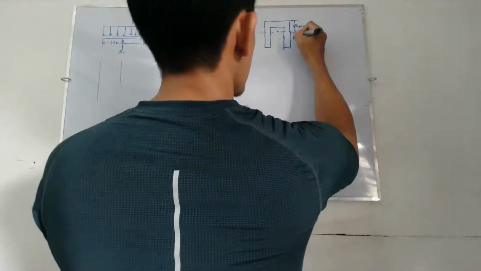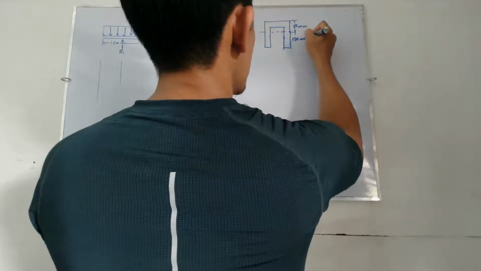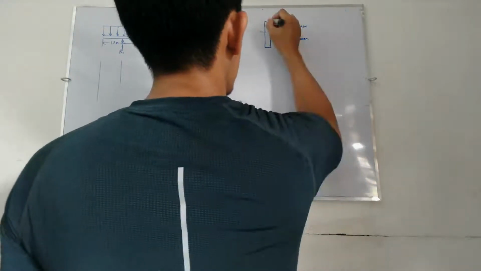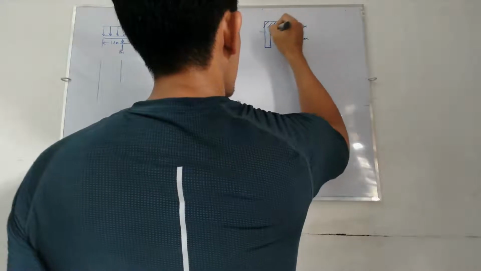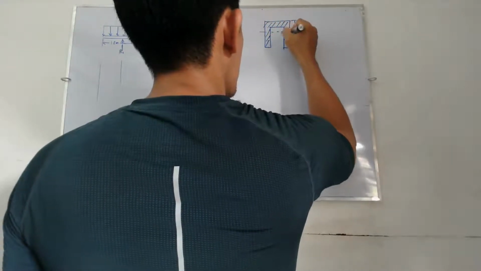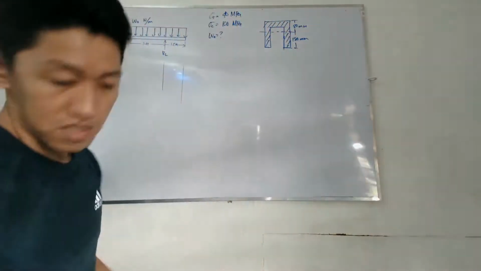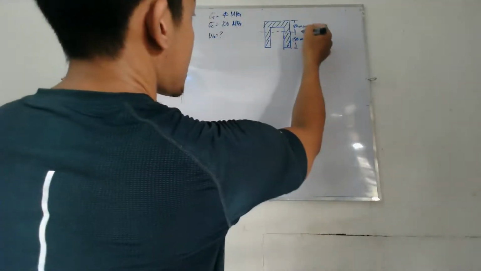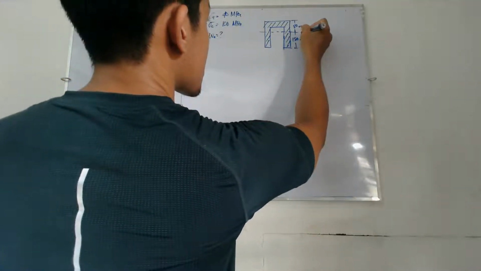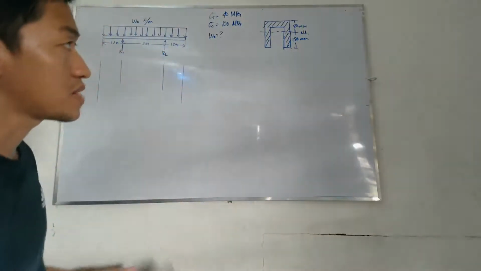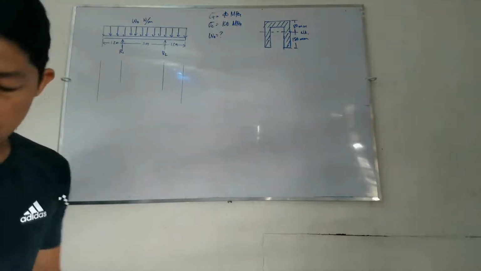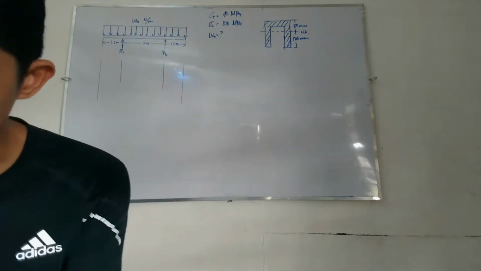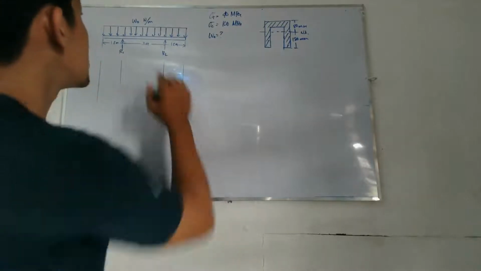This one is 180 mm. Okay. This is the cross-section. Klaro ba? 80, muna yung neutral axis. 80 mm and 180 mm. We are asked to find the W sub O,